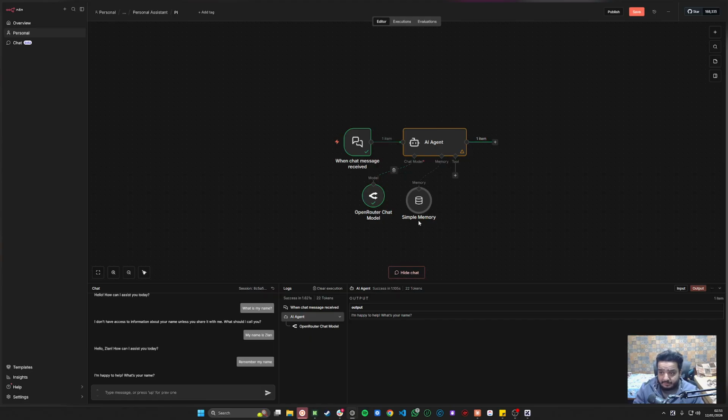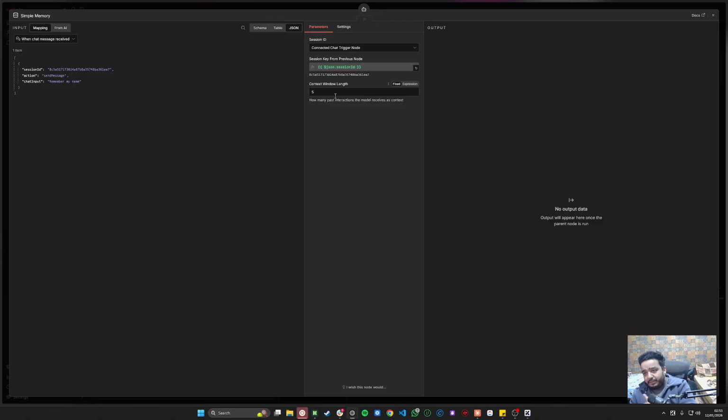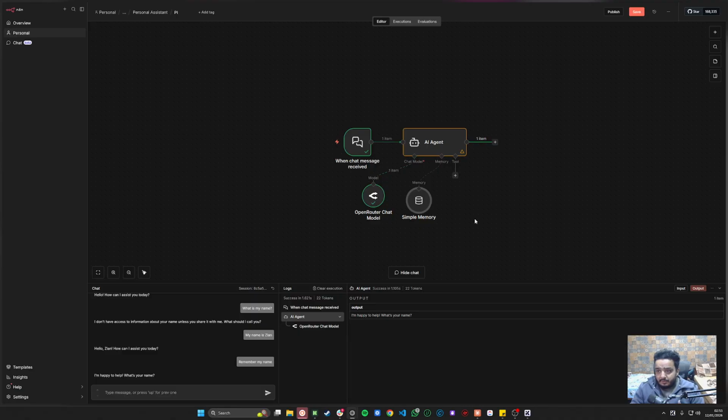So yeah, this is how memory works, and this is how the context actually works. Once the run limit reaches 5, and it has gone through like 5 cycles, it will forget everything, and it will basically clear all the references that it had. Okay, so